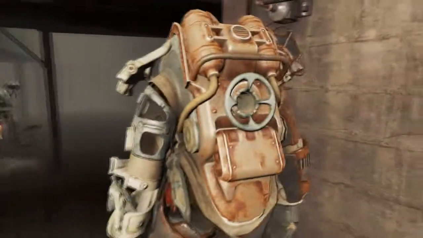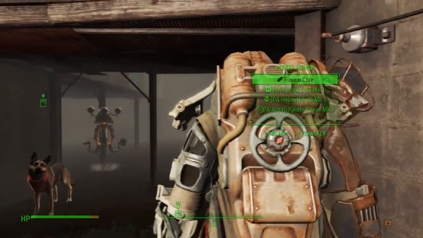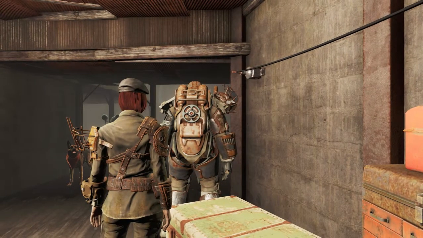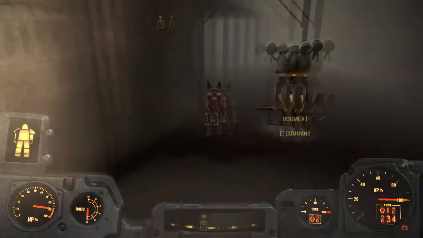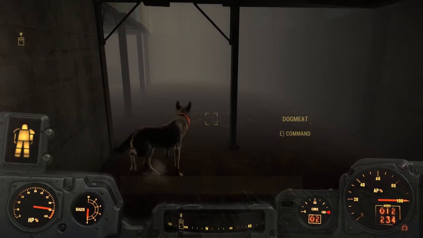Pop one of them in the power armor, please. I park the power armor in a dodgy spot. Bang. And in we get. Oh, no, actually, I don't want to get in the power armor. Change my mind. I'm in the power armor. Change my mind. Hey, over here. No, I don't want to talk to Dogmeat. I want to get out of the...